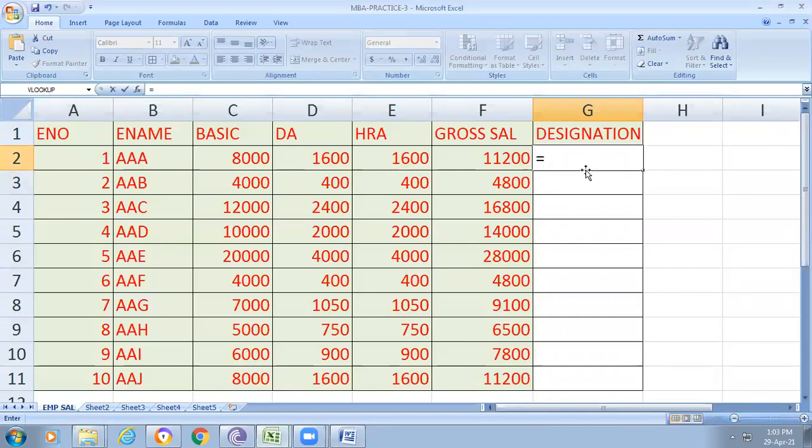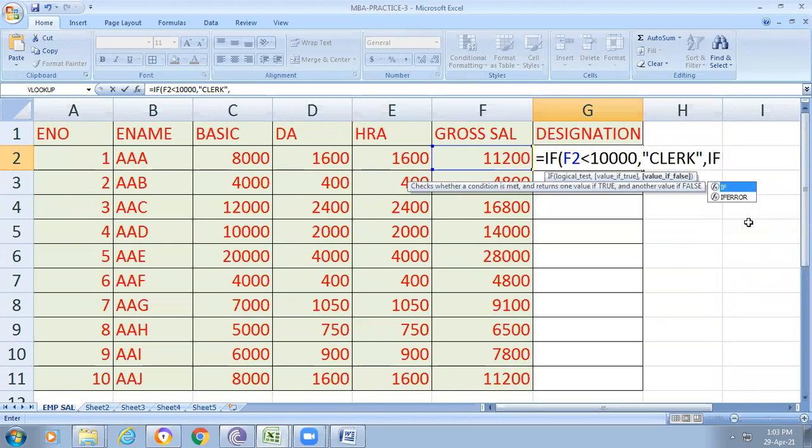For example, equal to IF, so what is our logical test, which one are we testing here? This one, F2, that means F column, second row. If F2 is, for example, less than 10,000, which grade do you want? Clerk. If this situation does not happen, then again you use IF. I hope all of the members have the idea how we are using the IF now. Again click the same logical test F2.